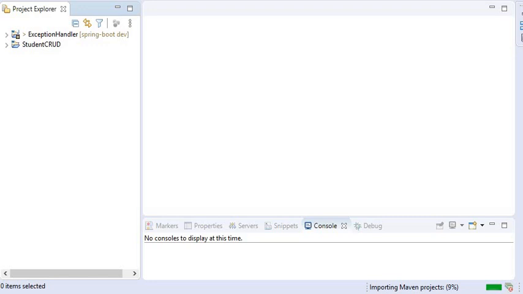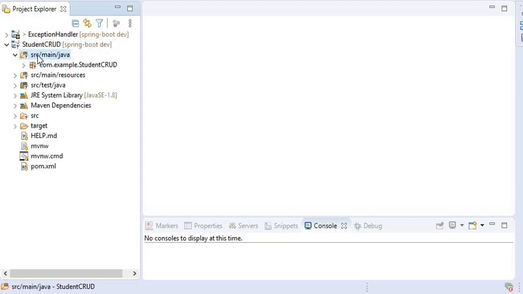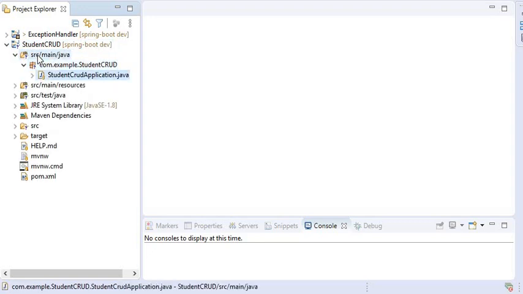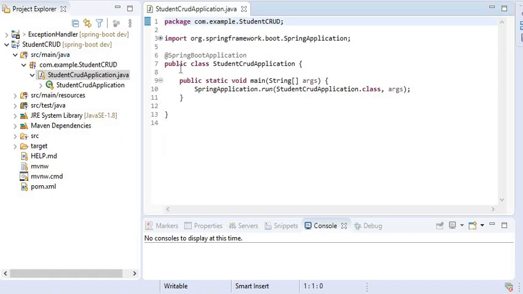Now the project is importing Maven projects, and it will take time to add the dependencies. Now my project has been imported, and now I will open it, and this is the main class of our Spring Boot application, and this is the Spring Boot application annotation.